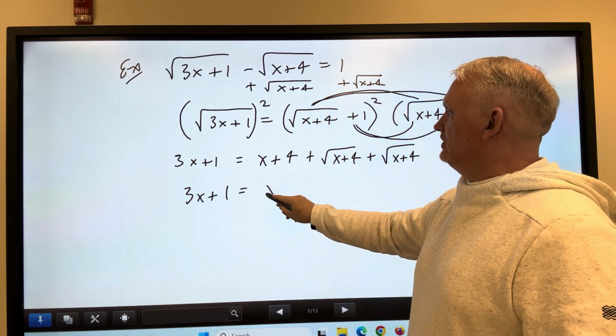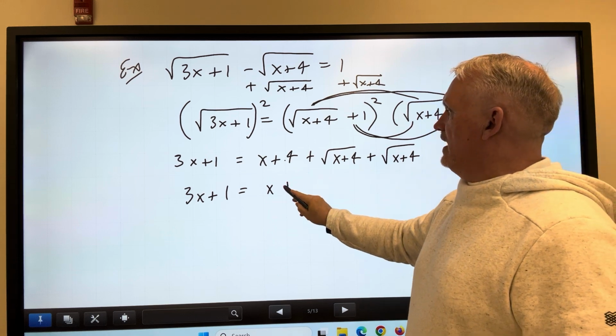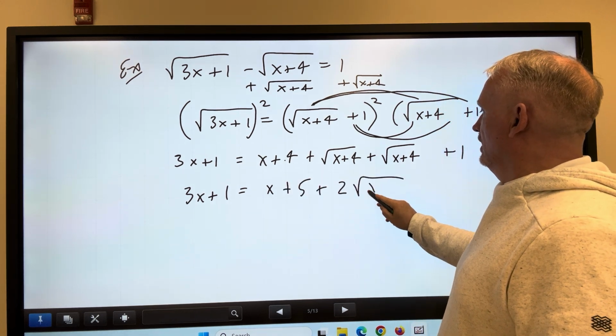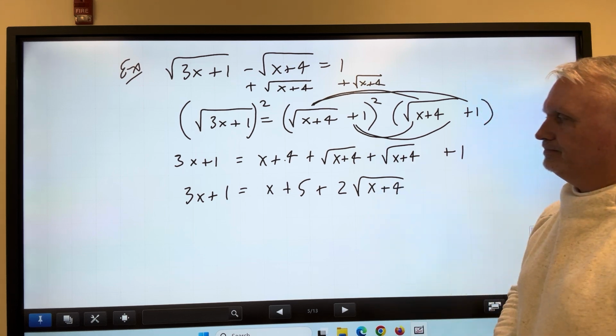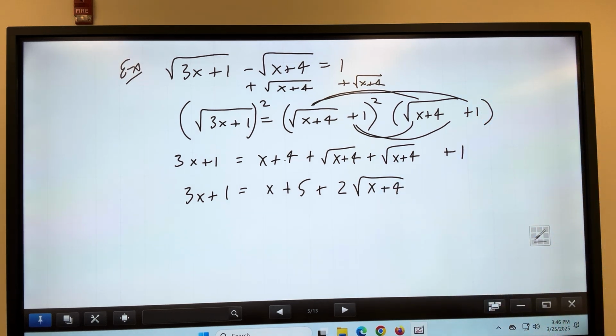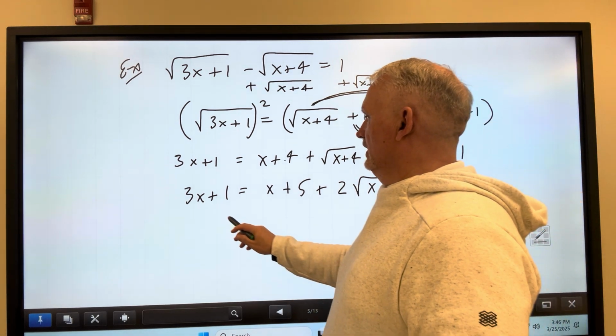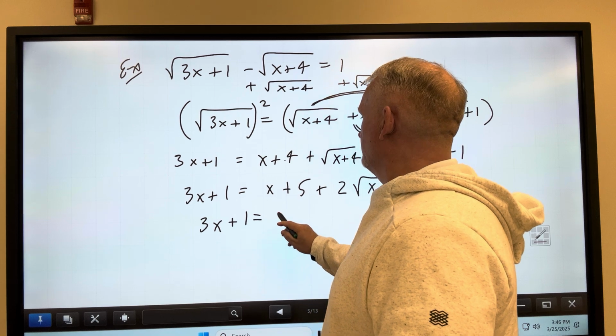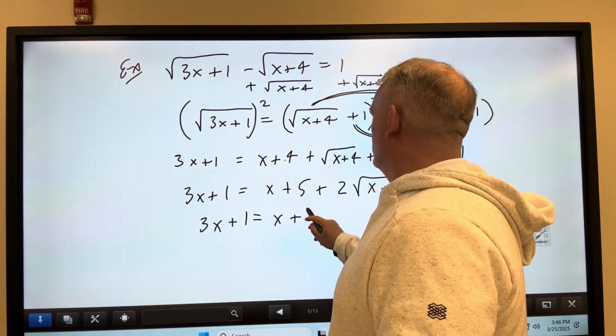I've got x, and I've got this plus 5 plus 2, the square root of x plus 4. Combining some more like terms with this. X plus 7